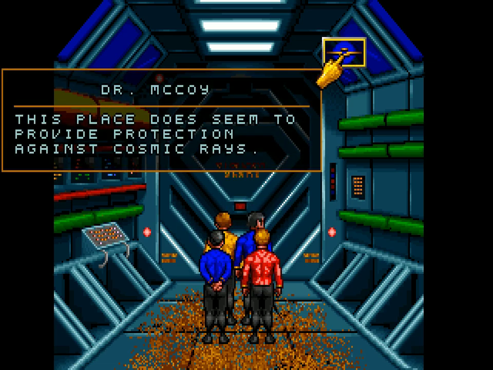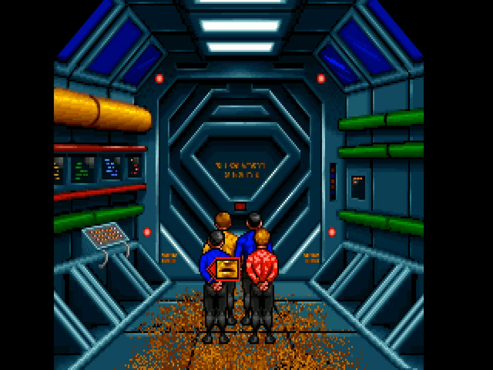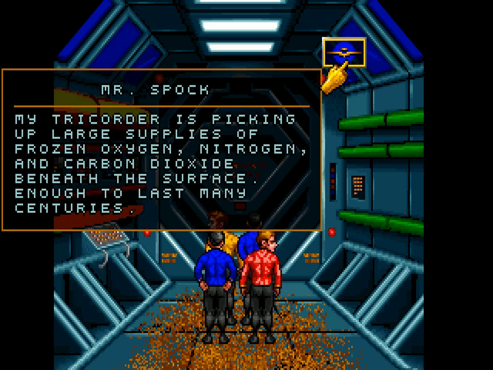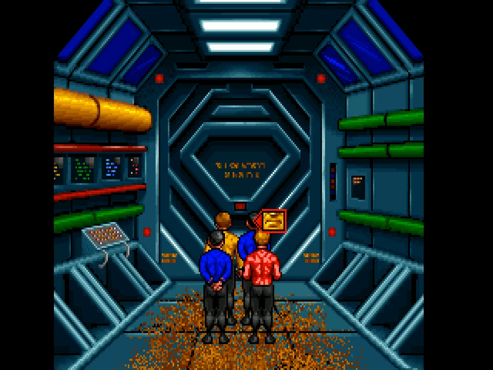This place does seem to provide protection against cosmic rays. I don't see why they bothered putting an atmosphere here, Captain. There hasn't even been bacteria here in centuries, let alone humanoids. I guess they just never bothered to turn it off. My tricorder is picking up large supplies of frozen oxygen, nitrogen, and carbon dioxide beneath the surface, enough to last many centuries. At least we won't have to worry about suffocating. Okay. I guess we could live here if we needed to. Well, we'd need something to eat and drink too, so...